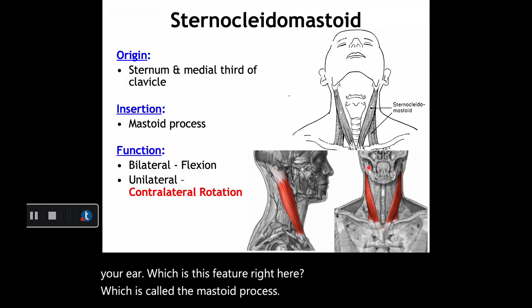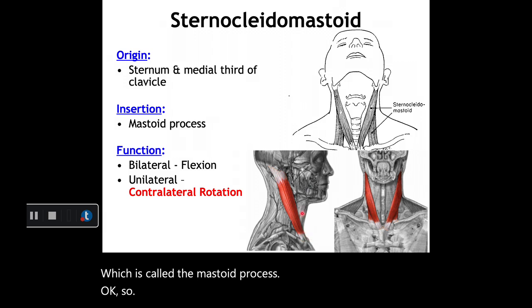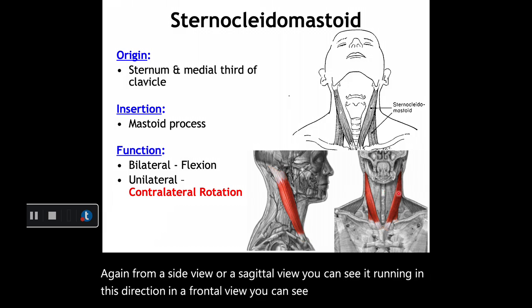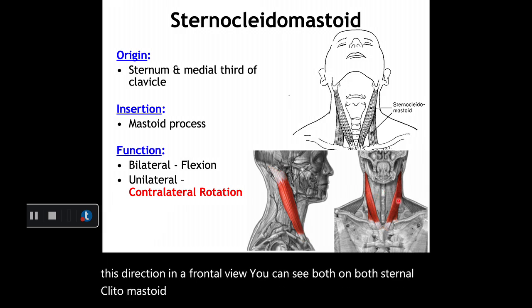Okay, so again, from a side view or a sagittal view, you can see it running in this direction. In a frontal view, you can see both sternocleidomastoid muscles on each side. And if you contract both of these at the same time,